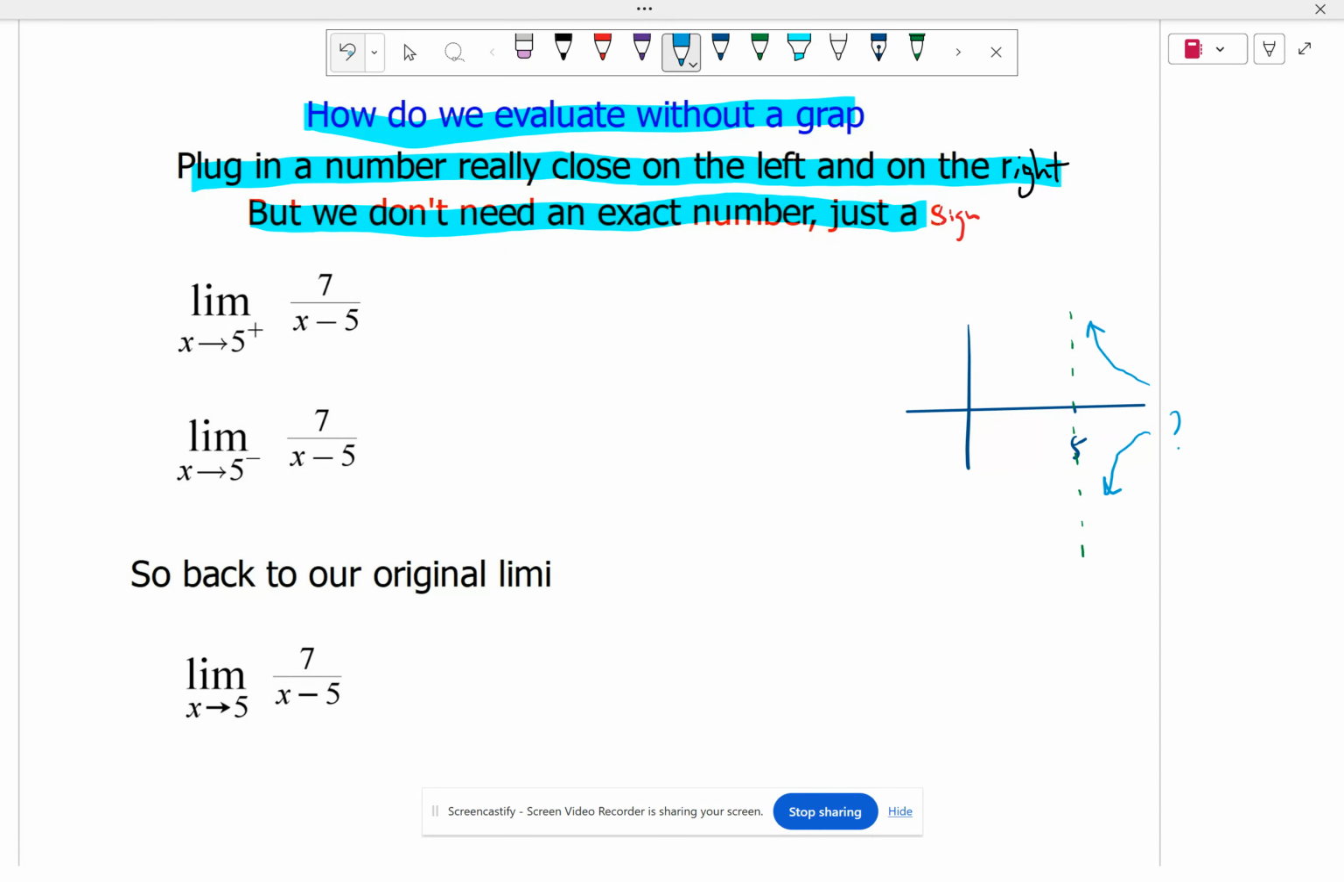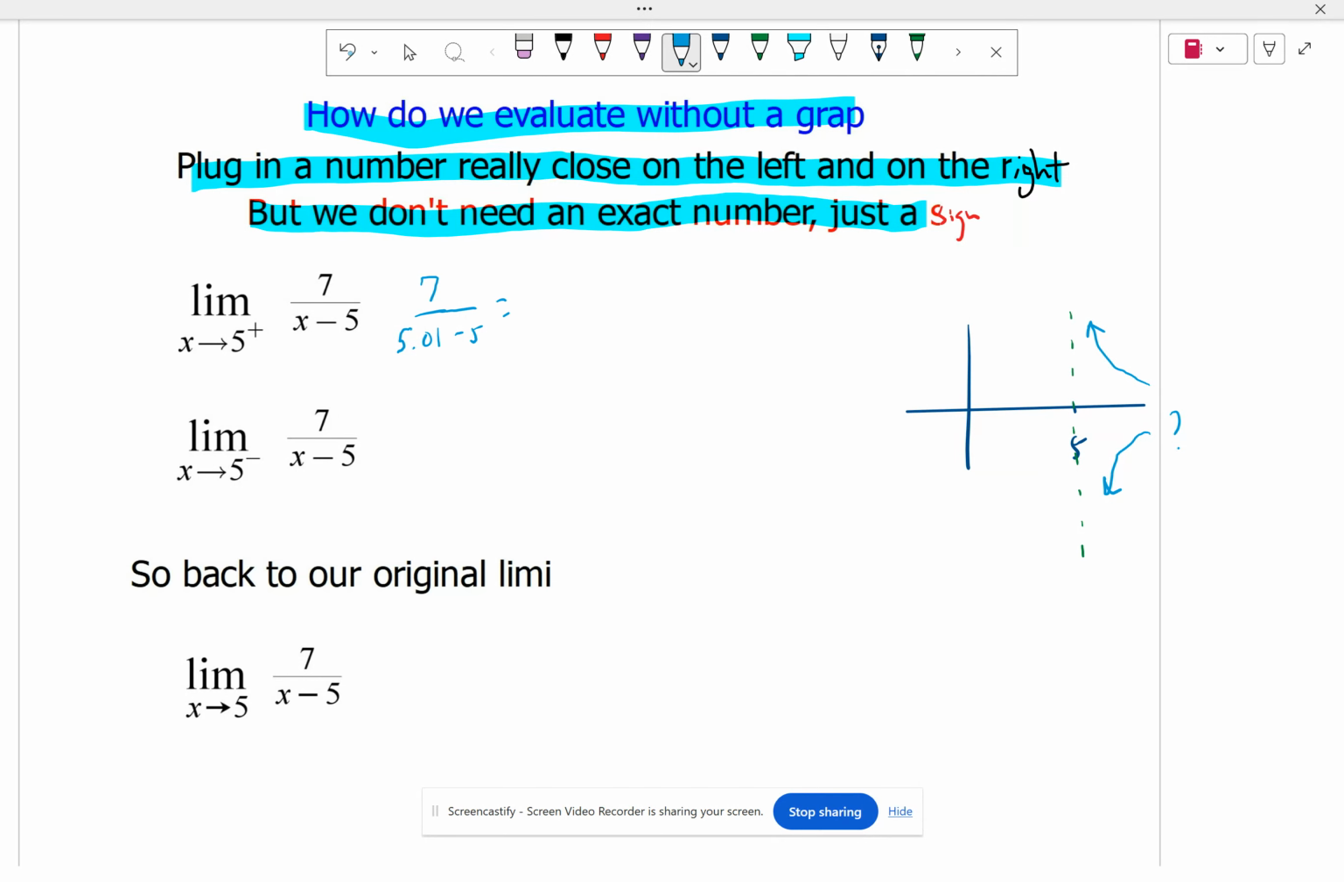So just plug in a number slightly bigger than 5. I know if I plug in numbers really close to 5, I'm going to get either really big positive numbers or really big negative numbers, so it's going to positive or negative infinity. I just want to know whether it's positive or negative. So if I plug in a number just bigger than 5, I'm going to use 5.01